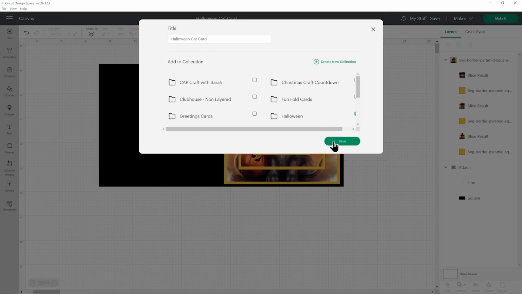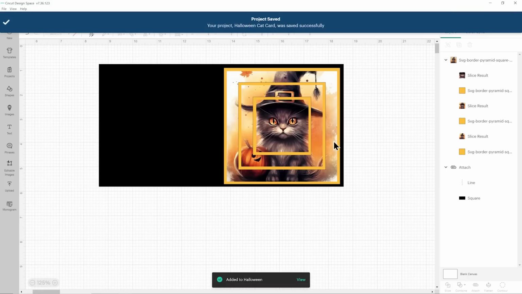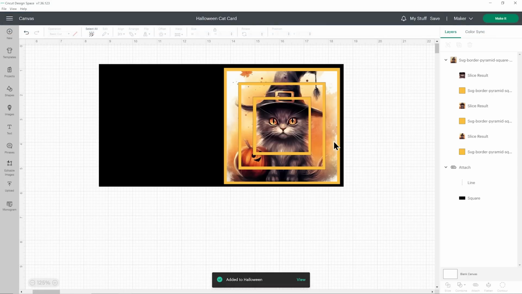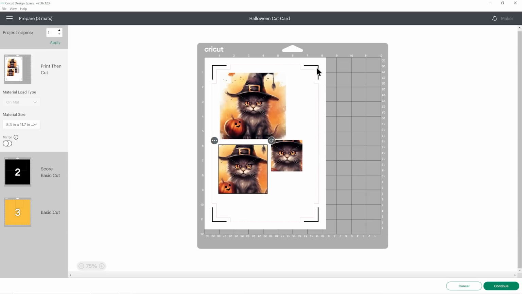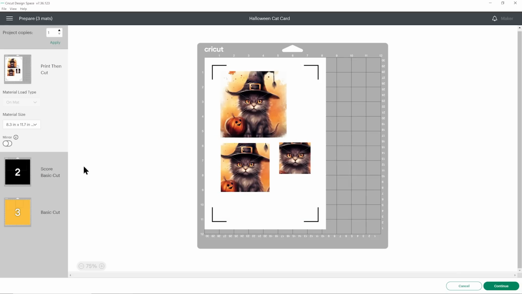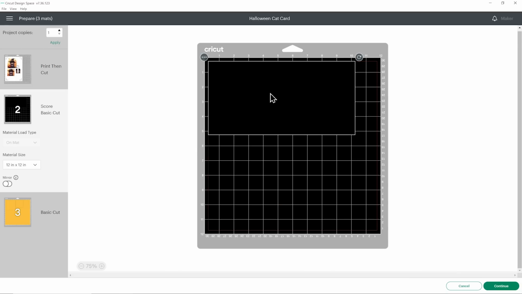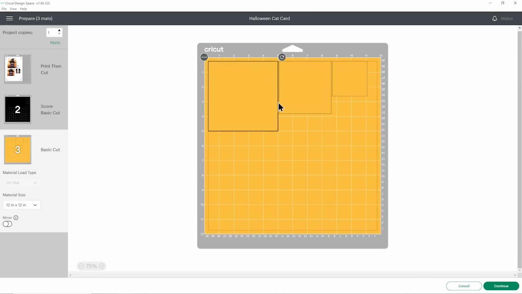And then it's ready for me to do the print and cutting. So when I click Make It, you'll see you've got one piece here with these little black guidelines. That shows that this is a printable sheet. It's going to print on a home printer. And then we've got our card with the score line that you can't see because it's a black line on a black bit of card, but it is there. And then finally, the 3 bits that I'll cut from gold.